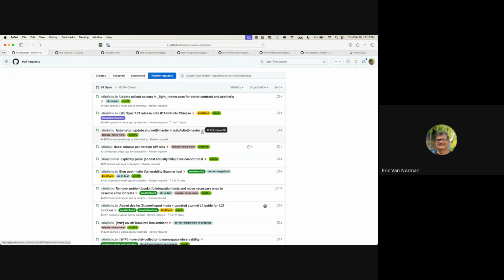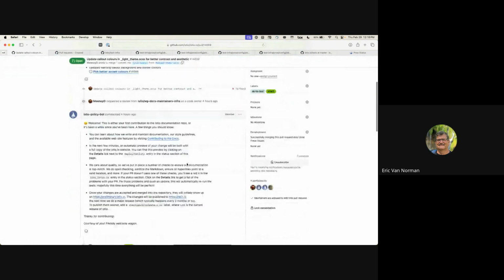You'll see that a number of them will have red X's, which basically means that something within the automation has failed. Interestingly, this one shows 27 of 28 checks are OK. This one here, you see 4 of 6. And again, 4 of 6. And basically what you can do is go and click on a PR. You can look at it. If you scroll down,